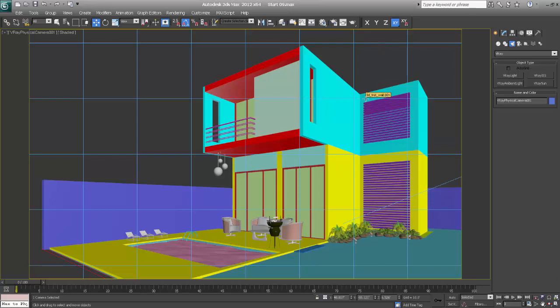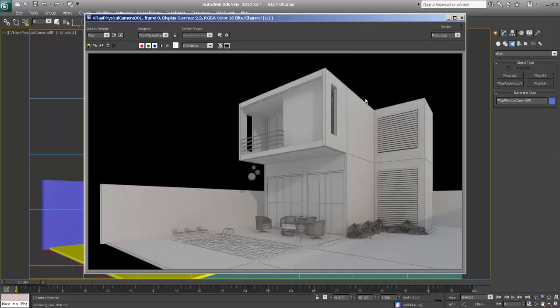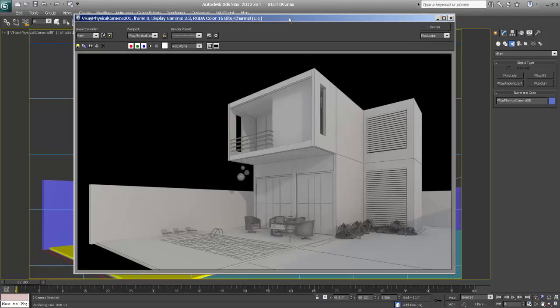I'll just pause my video so we can check how this render is done. So this is what we got from the render, and generally I always use this technique to test my renders. It saves a lot of time to set the camera and the lights, and the only work left for us is the materials. This is how I go, and the change I see in this render is that we need more turbidity in